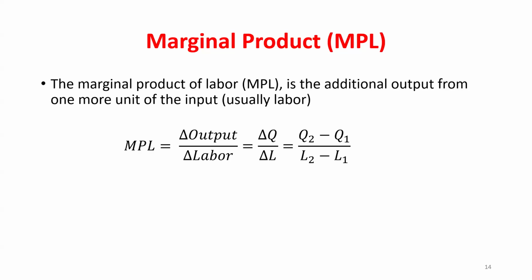It is decreasing. As I hire more workers, how much additional output are they adding? A smaller and smaller amount. Because who did I hire first? The most effective or productive worker. I then hire the next most effective and productive worker. So as I hire more workers, my marginal product of labor, or how much they're increasing my output by, is going down. Okay.